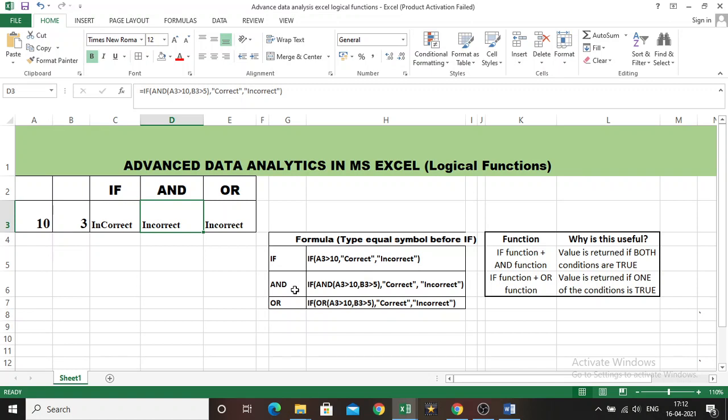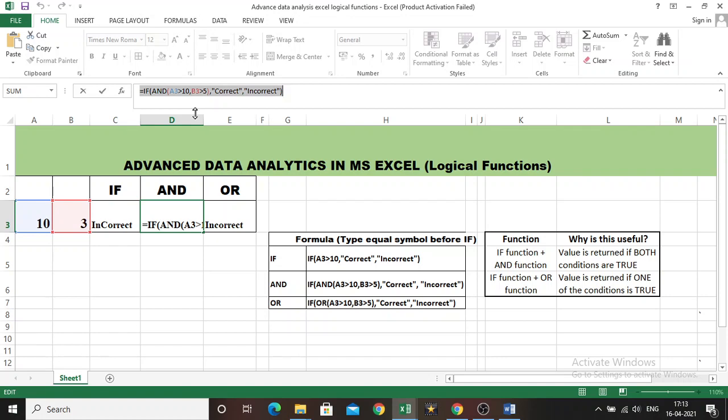As I told you, in the AND function you can check more than one condition. So here I am going to check whether the value in B3 is greater than 5 and the value in A3 is greater than 10. So here the formula is given. Type equal to, IF, open the round bracket, and then type AND. You are giving an additional logical function here.